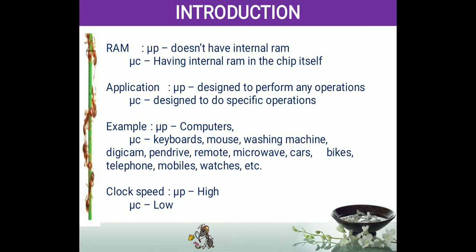But if you take a microcontroller, that is a washing machine or some watches or some high-end cameras, that has inbuilt RAM in it. In the washing machine there are many options like fuzzy, speed or tub cleaning. Each and everything is stored in a memory that is inside the controller itself. So that is the first difference: a microcontroller has inbuilt RAM, but a microprocessor needs external RAM. The second thing, the microcontroller has a limited capacity of RAM.